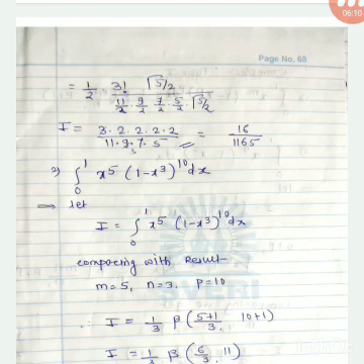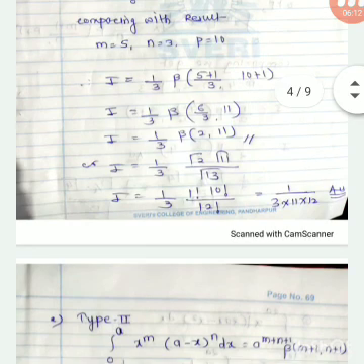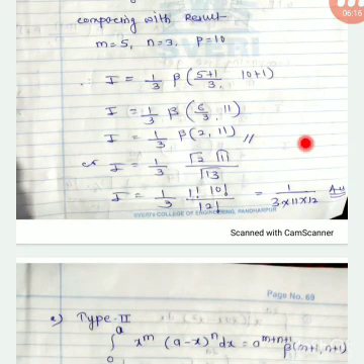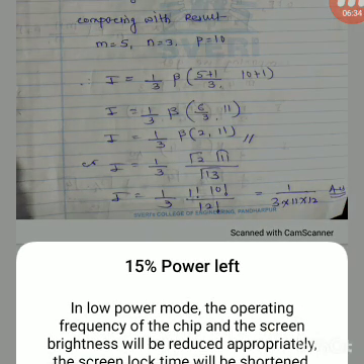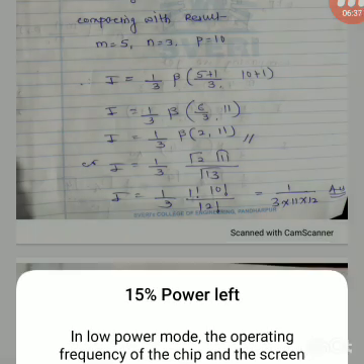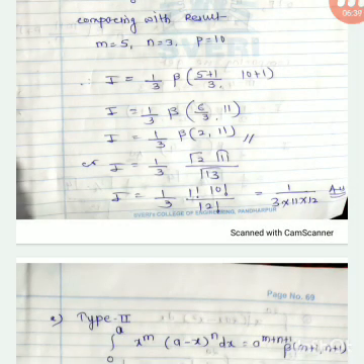Okay, next go for the second example: x raised to 5, 1 minus x cube, the whole bracket raised to 10. Again the limits are 0 to 1, x power is there, x power is there in the bracket, and the whole bracket power is there, therefore it is type 1. Comparing with the result, the power of x is 5, that is m is equal to 5. The bracket power of x is n, that is 3, and p is equal to 10.